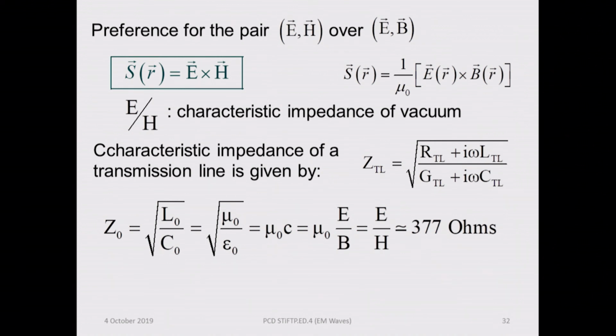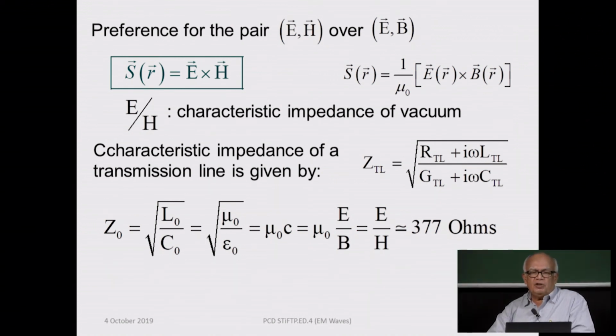And many authors prefer to write the Poynting vector in terms of E cross H rather than E cross B over mu 0. The two are the same, they are completely equal, but there is some advantage in writing it in terms of E and H rather than E and B. The advantage is that